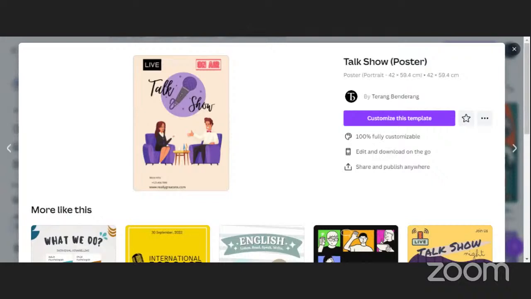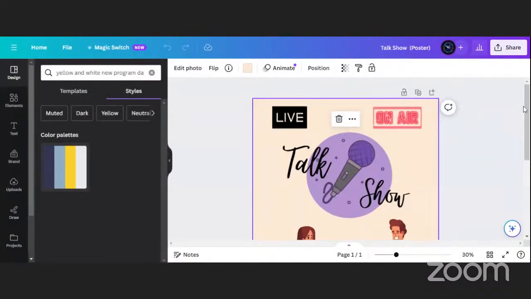And then they also have Magic, right? That is incorporated into this. So you can remove this, you can add, you can change the colors whichever way that you like. But it's really good if you're looking at designing.